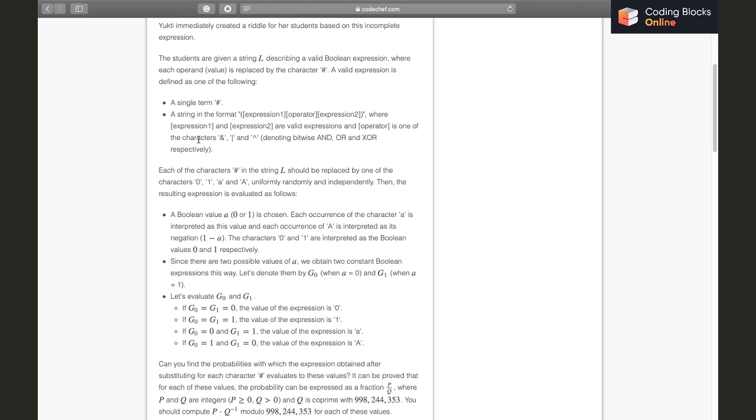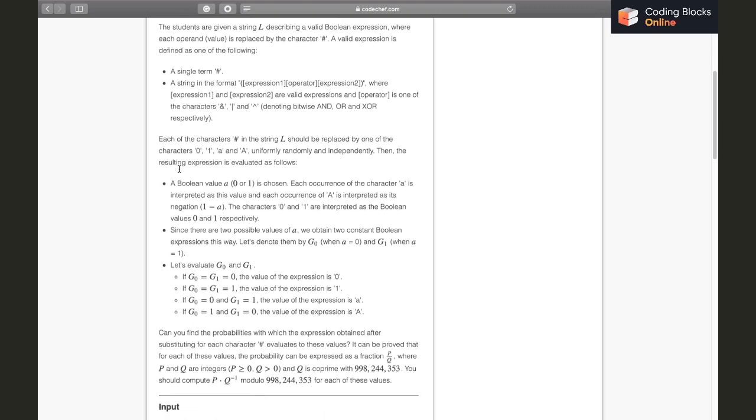Operator is one of the characters and, or, xor, denoting bitwise AND, OR, XOR respectively. Each of the characters hash in this string should be replaced by one of the characters 0, 1, small a or capital A, uniformly, randomly, and independently.